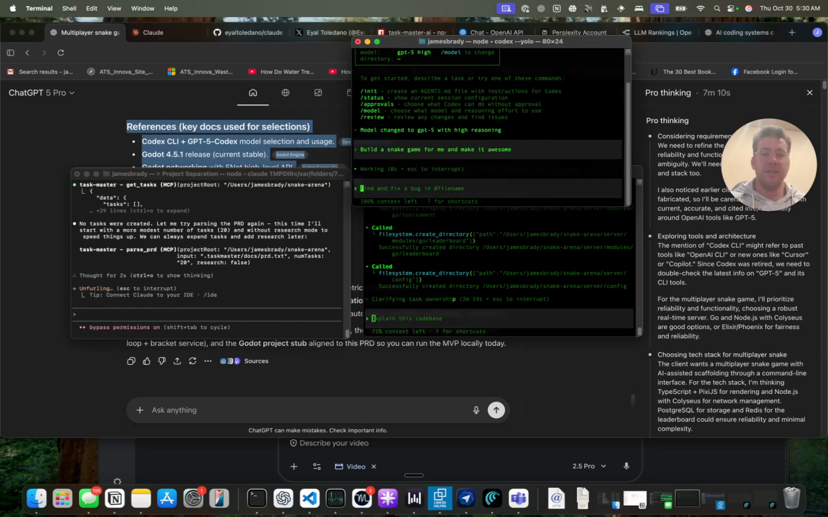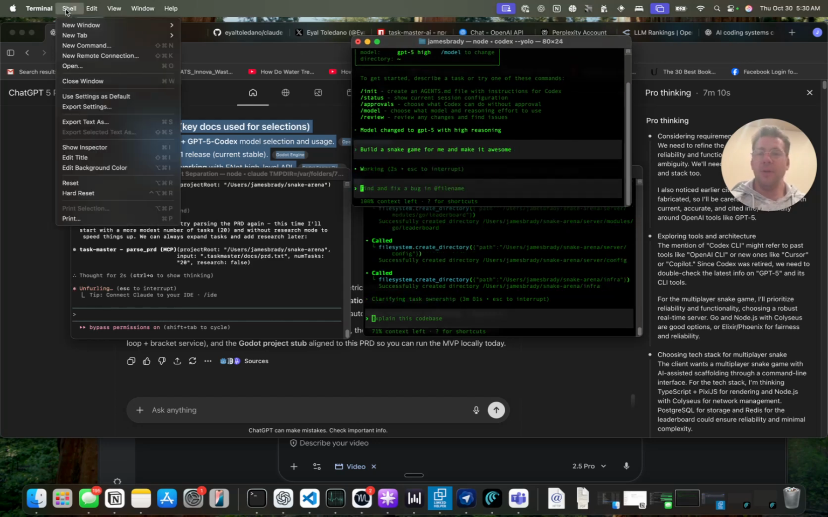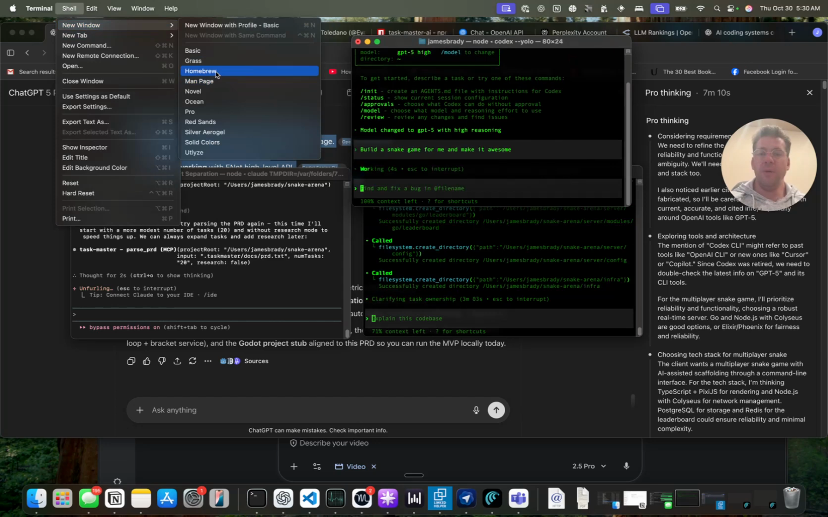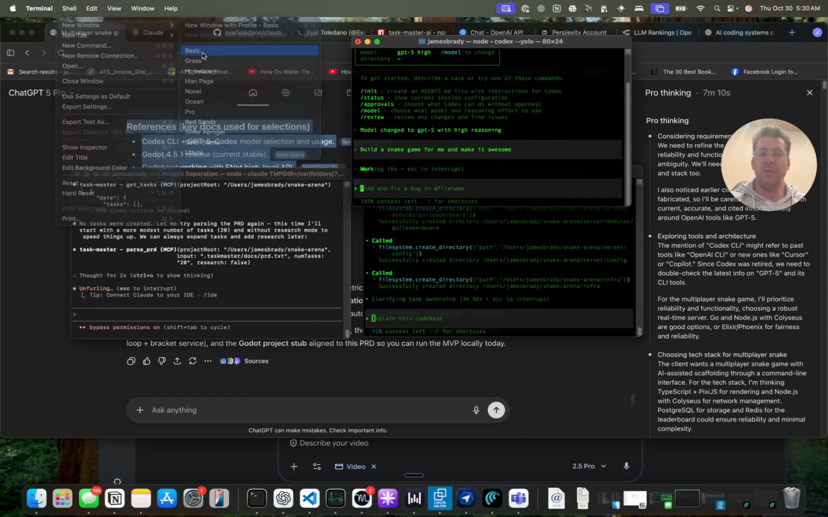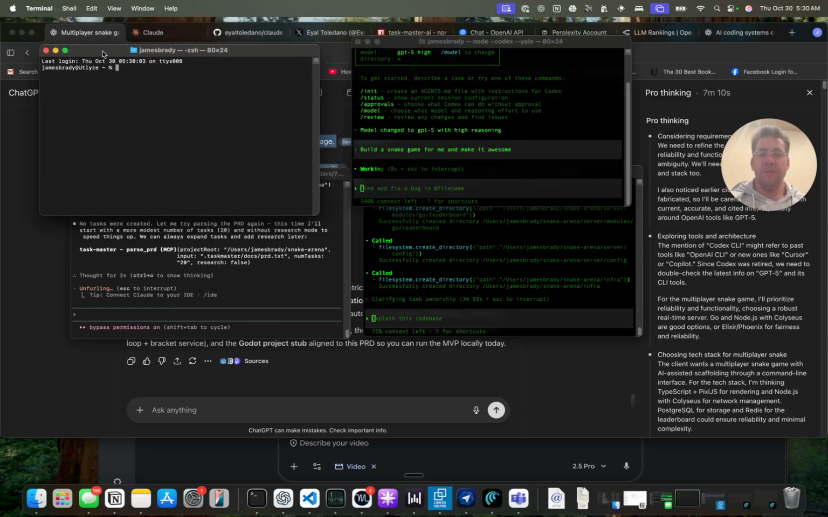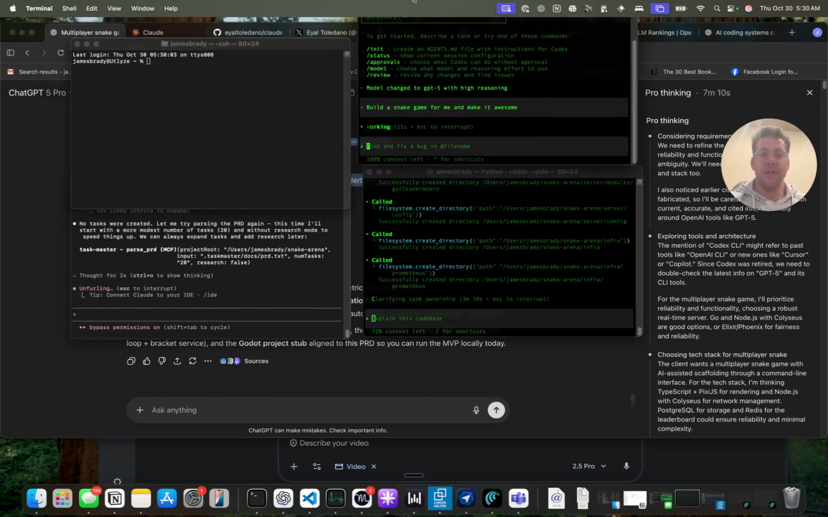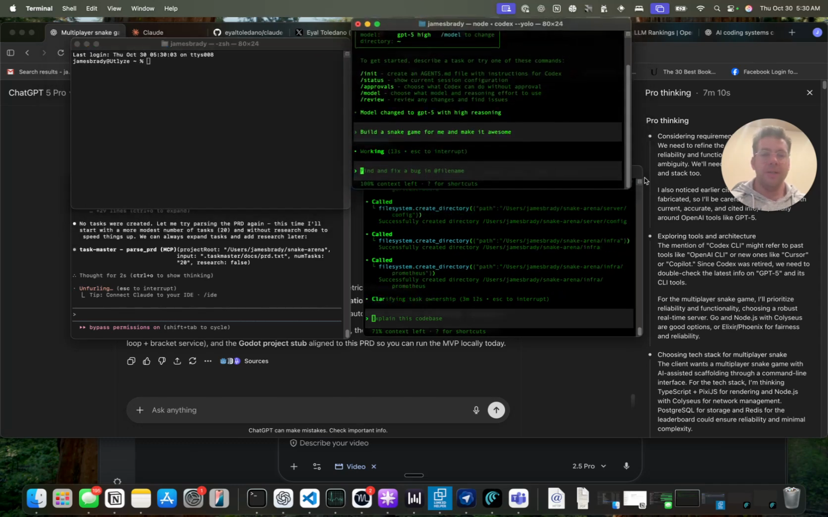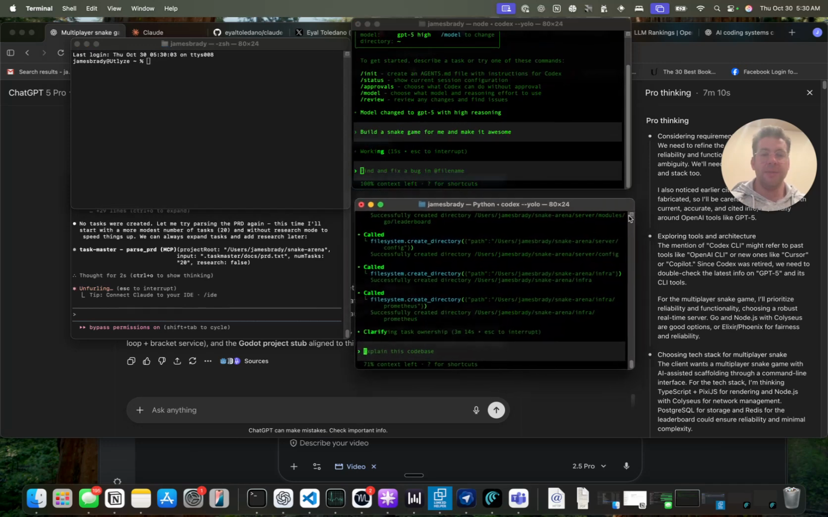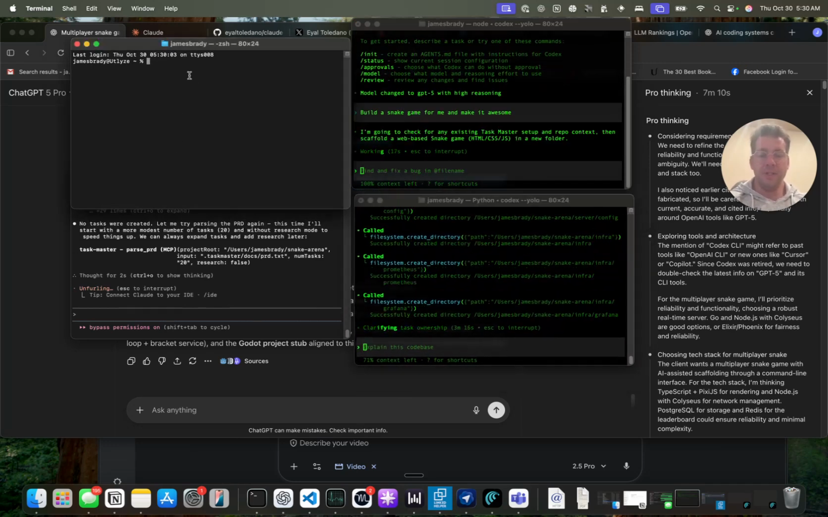So you can see a side-by-side here. And then if we go here in shell and we open another new window and we go to basics so we're not confused by the two. So these are both codecs right here. And then this down here is the one that has Taskmaster to build something. And then this one here is going to be Claude